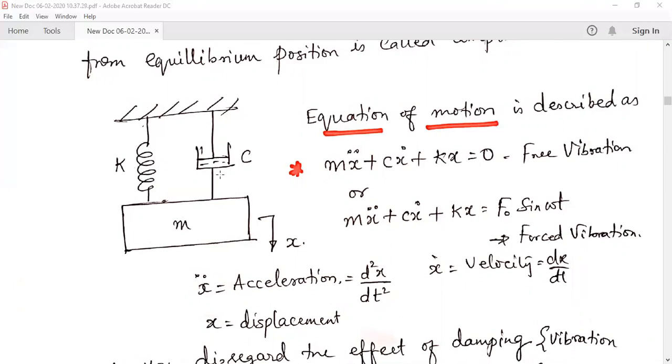You can imagine an application such as the suspension system of your automobile, where you have a spring and a damper in tandem with the mass of your vehicle. This includes the mass of the vehicle, the passengers and other goods. So a spring mass damper system comprises a typical vibrating system.